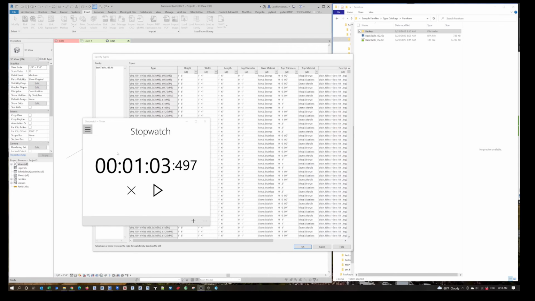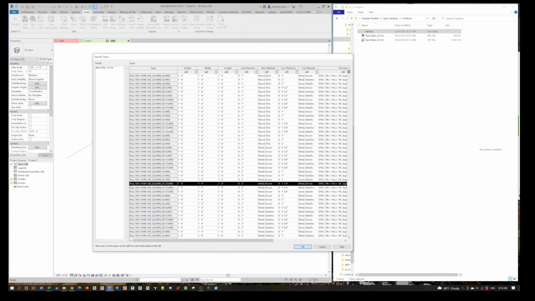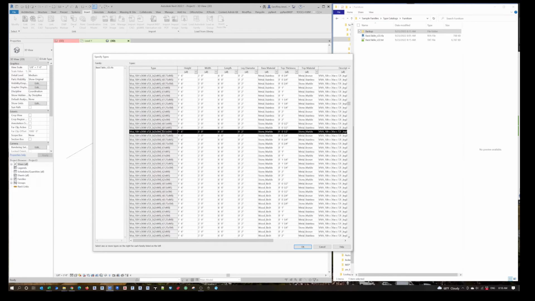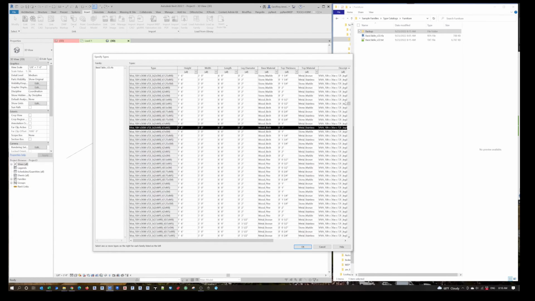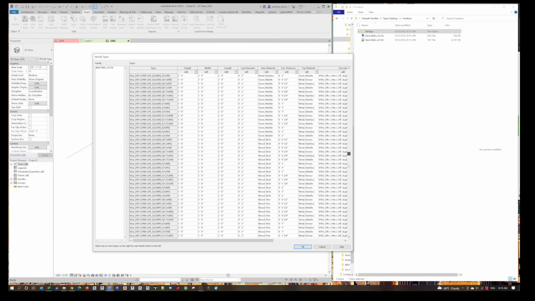All right, that type catalog took 1 minute and 3 seconds to open. This catalog again is 47,250 parts. So let's just go through here and randomly pick. Let's scroll down a couple of thousand, pick some more, holding the Control key, scroll down some more, pick some other sizes, scroll down some more, a few more thousand,